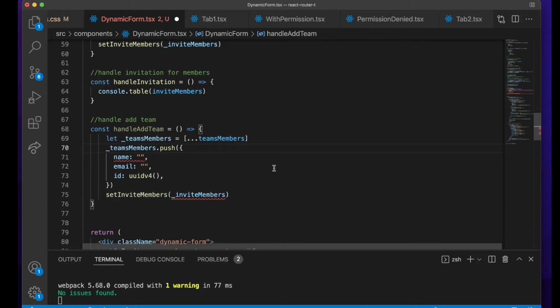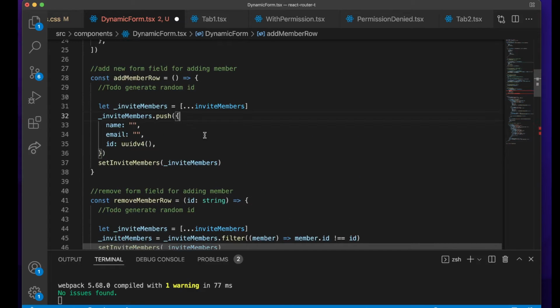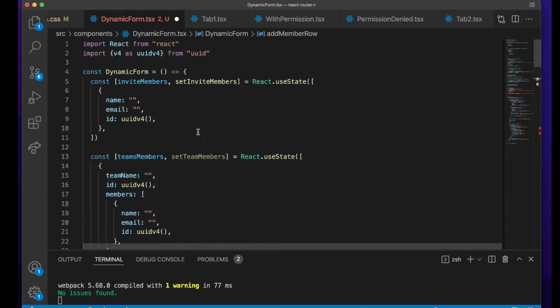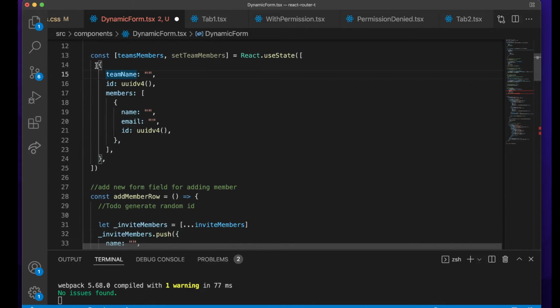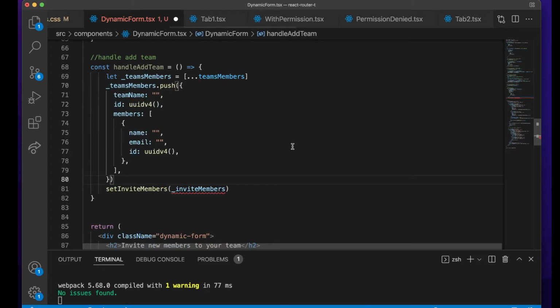However, as you can see, we already got this. So what we can push is, we can basically push the same thing what we have here in our initial state. So let's copy this,